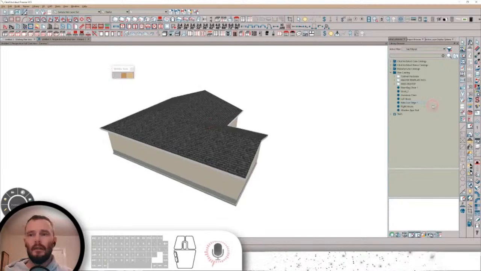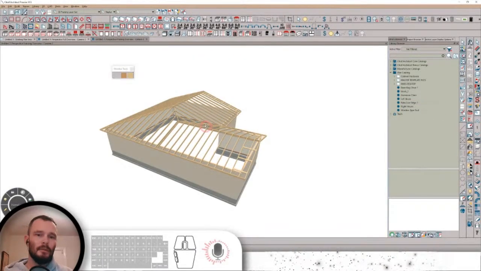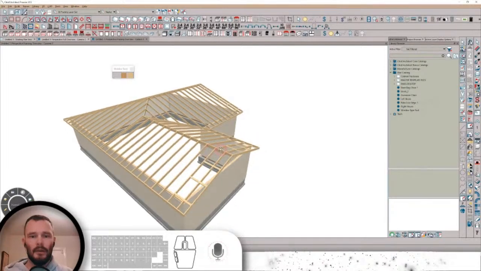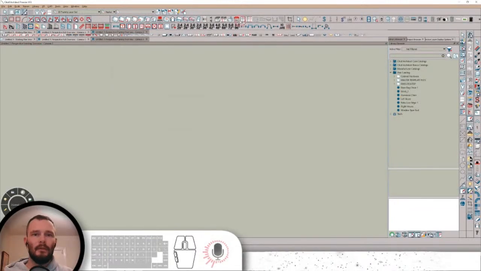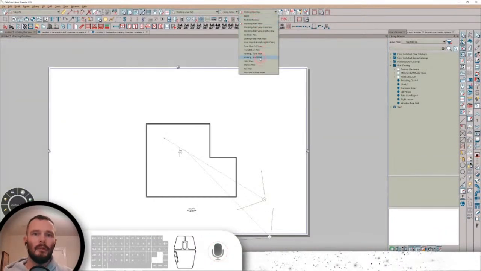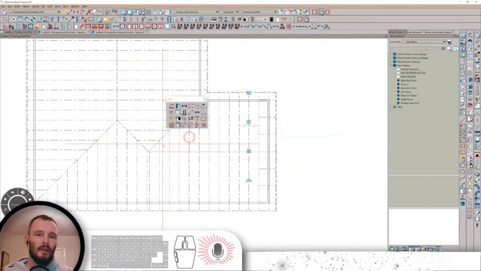Now here's 3D, and then here's our generated framing, which mine's a little different. It's going to show some different things. So there's our rafters, right? But if we take a look at this back in plan view and we get into my framing roof plan set, and we look down in here, you can see our edit toolbar gives us a lot